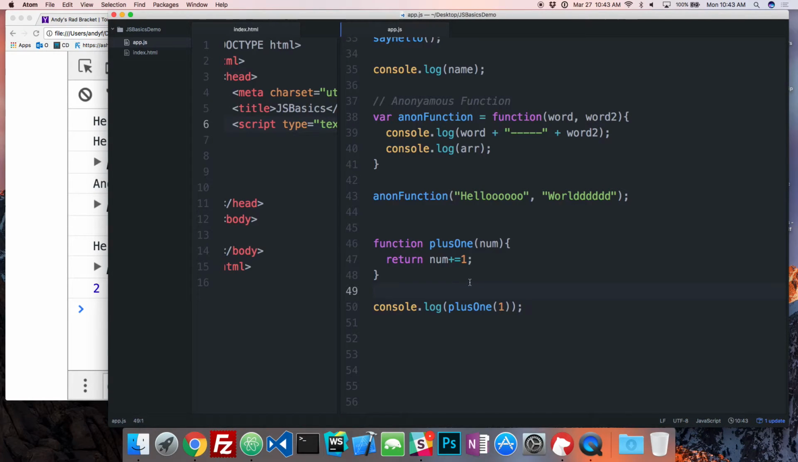But the idea is the thing that it returned to me is now put in the place of the function call, right? So I can do something like this. I can say +1 of +1 of 5, right? So if I run this, that's 2, that's 6, so I should get